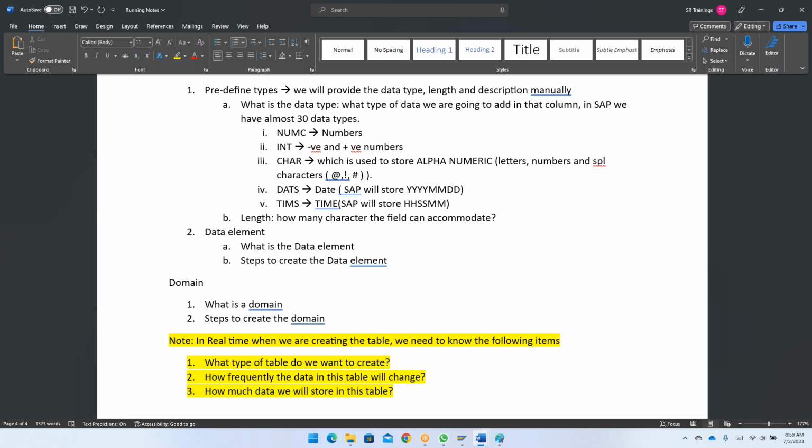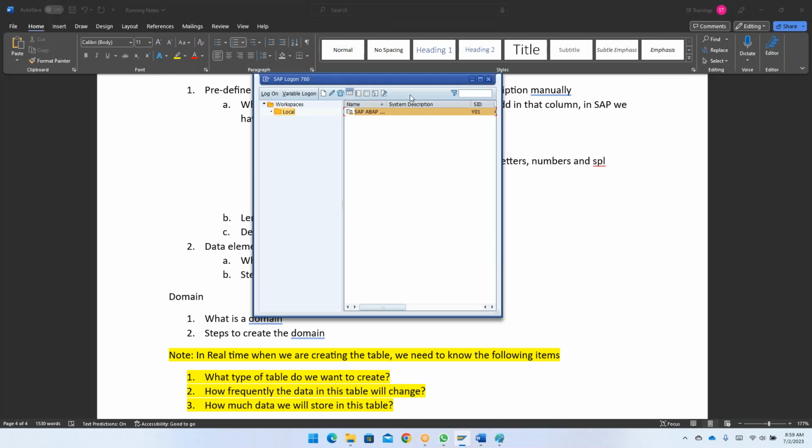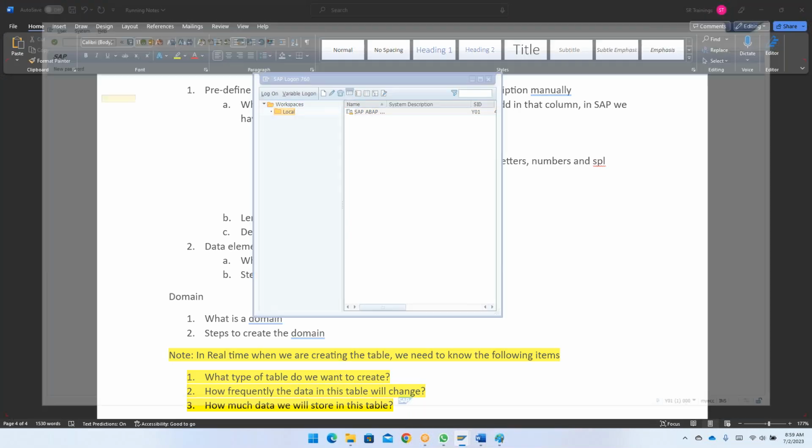Accommodate will be told by your length. And the next one is description, the description of the field. Now this is called your predefined type. By default, when you are opening it for the very first time,